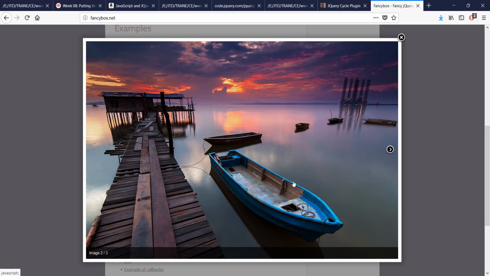Now, you might say to yourself, that's great, but I don't really like the look of these arrows. I wish the arrows looked different, or I wish the arrows were on the side, or maybe I wish they were on the bottom. One thing is, again, we have a lot of different options when it comes to lightboxes, so you might just want to Google around jQuery lightbox. And if you Google jQuery lightbox, again, you'll find